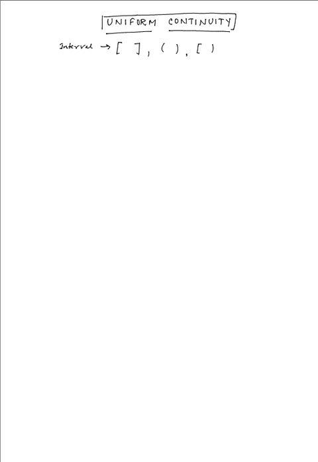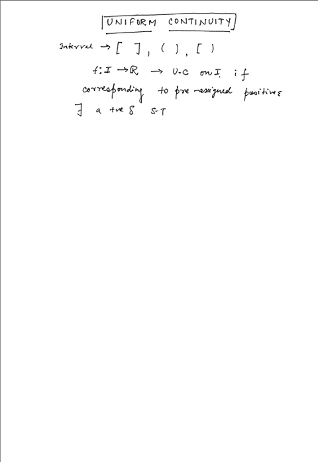So suppose the function is f from I to R, and we can claim that this function is said to be uniformly continuous on that particular interval I if, corresponding to a pre-assigned positive epsilon, there exists a positive delta such that for any two points x1 and x2, which belong to I,